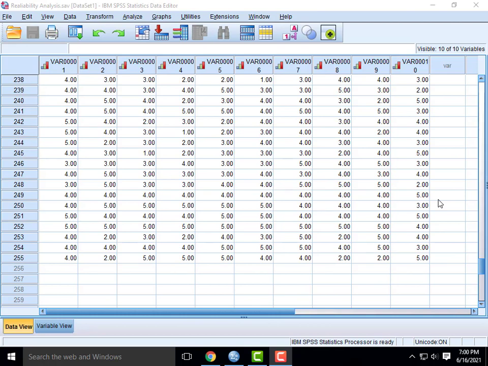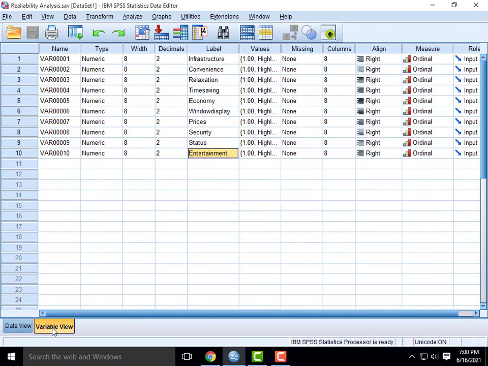Now we are going to discuss how to find the Cronbach value to check the reliability. In this example, we have 255 sample respondents and 10 variables. Here we are using 10 variables to measure the satisfaction level of customers while purchasing products in a shopping mall.